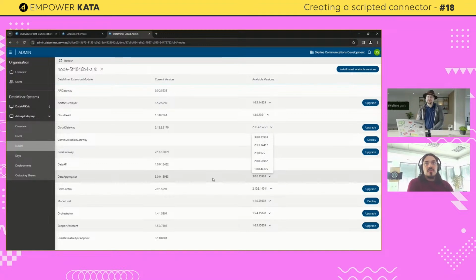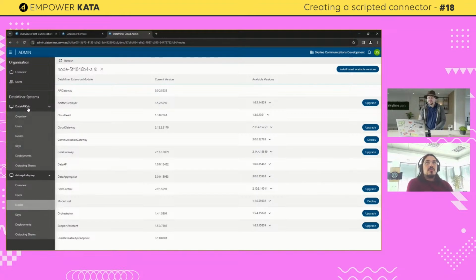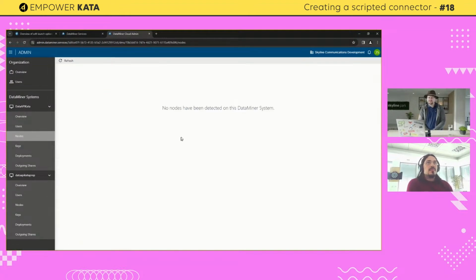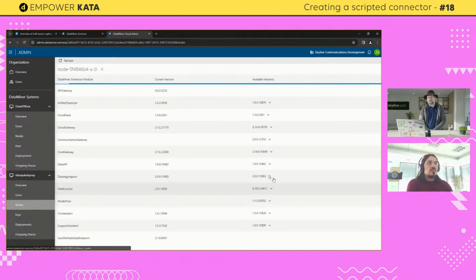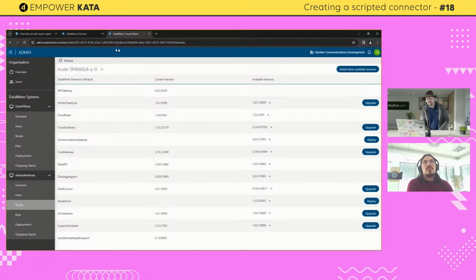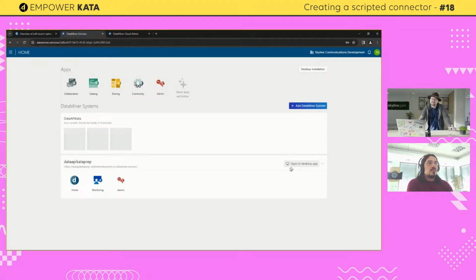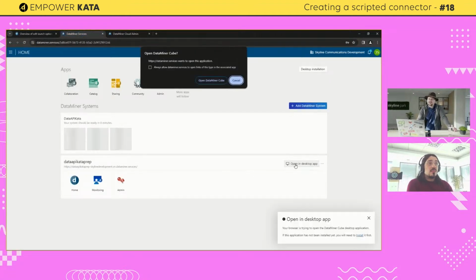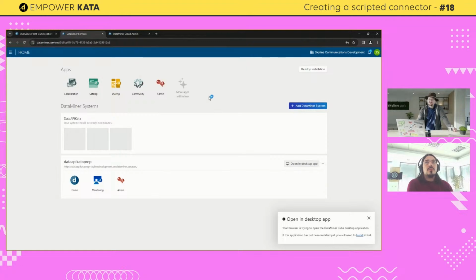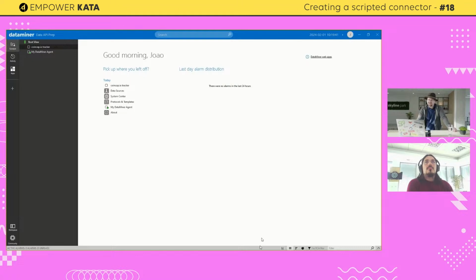Okay. Small thing, the migrator tool, but it's probably part of the documentation as well, I'm guessing, where you can follow that step by step. Okay. If you go here to nodes, it hasn't yet, but you could then click to deploy and deploy. So similar to what you have here to showcase. And then it would be a matter of just clicking into opening the desktop. Yep. Click on queue. And then we're in our home turf. We're in our DataMiner. And here we are.